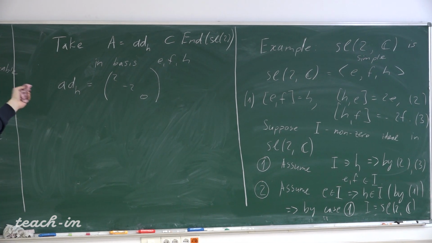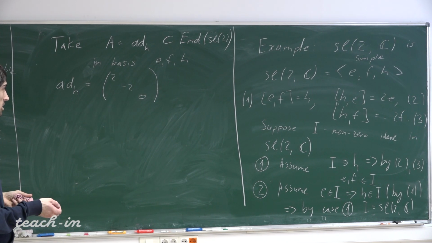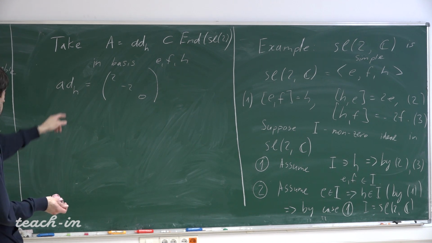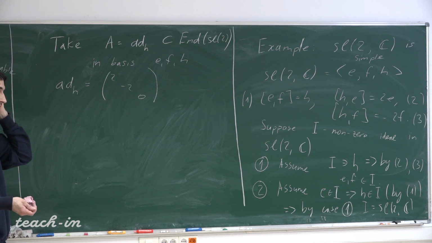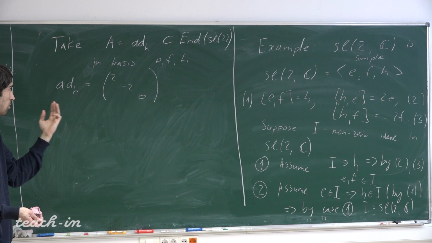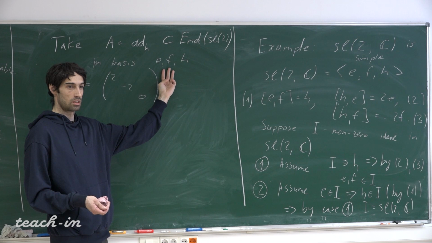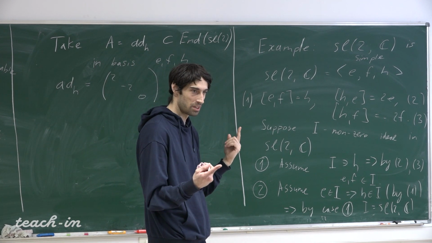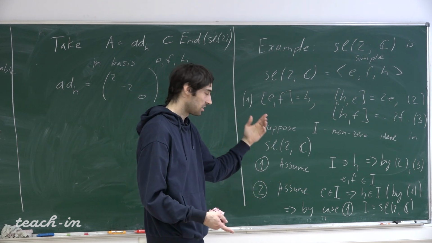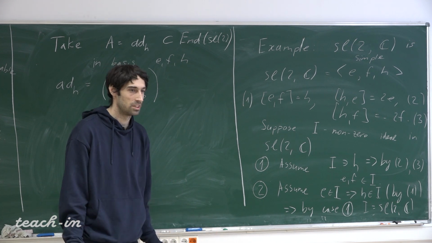So it's diagonalizable with different eigenvalues, and therefore, if I have some ideal in SL2, it's also invariant with respect to ad H. So it should be a span of elements which I choose out of E, F, and H. But we proved that if at least one of them belongs to I, then I is everything. So SL2 is simple then.